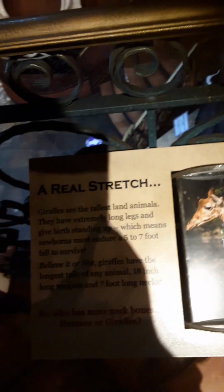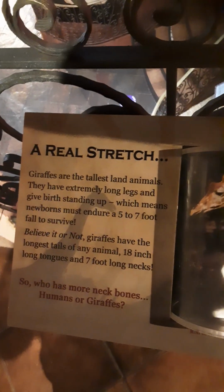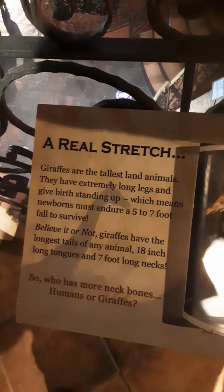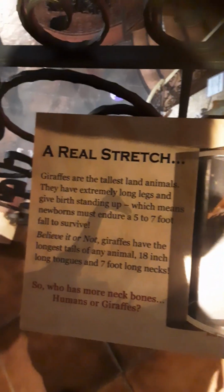So here's another fact about giraffes. A real stretch. Giraffes are the tallest land animals. They have extremely long legs, obviously, to give birth standing up. Oh my god. Which means newborns must endure a 5 to 7 foot fall to survive. Believe it or not,